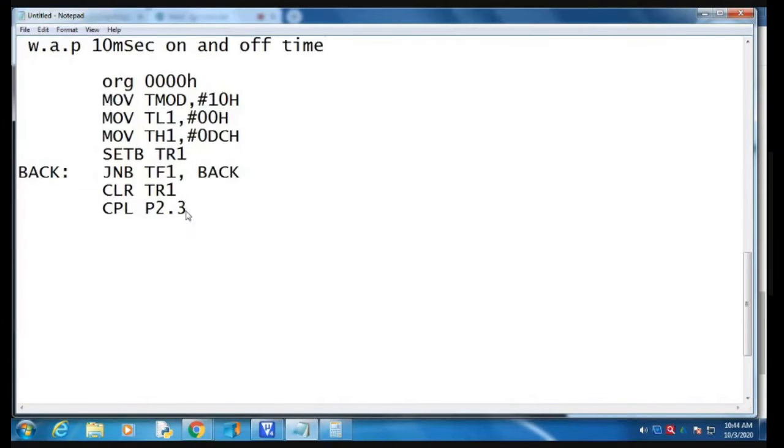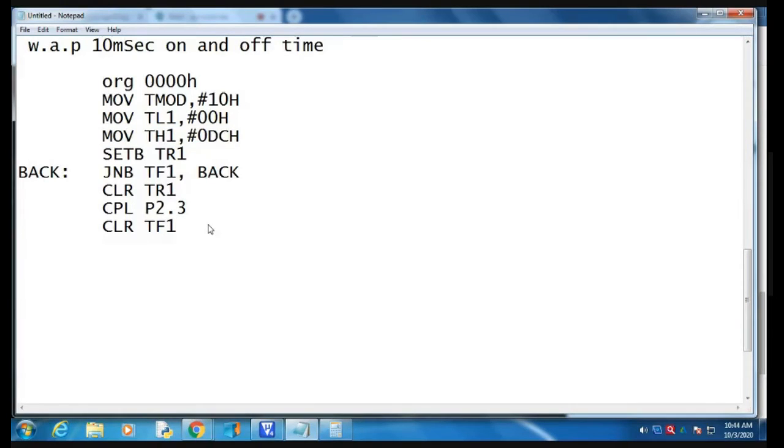Then CLR TF1. Why is it required? Because we have to reassign both timer values. Once the flag is cleared, it resets both counter registers for the time period.